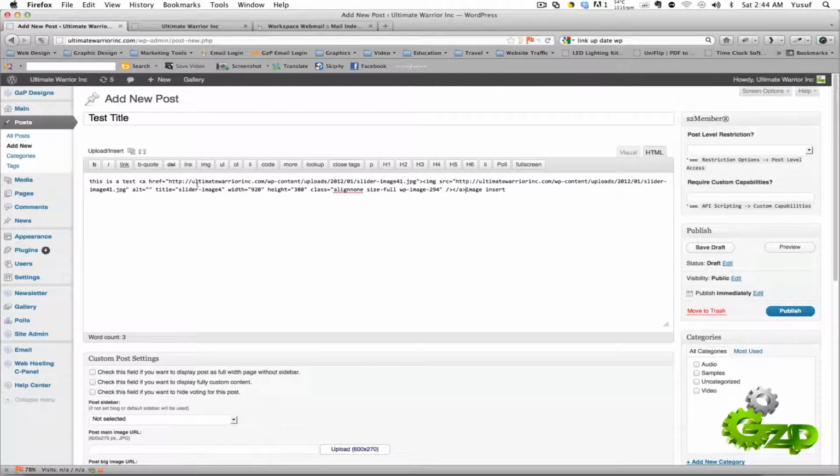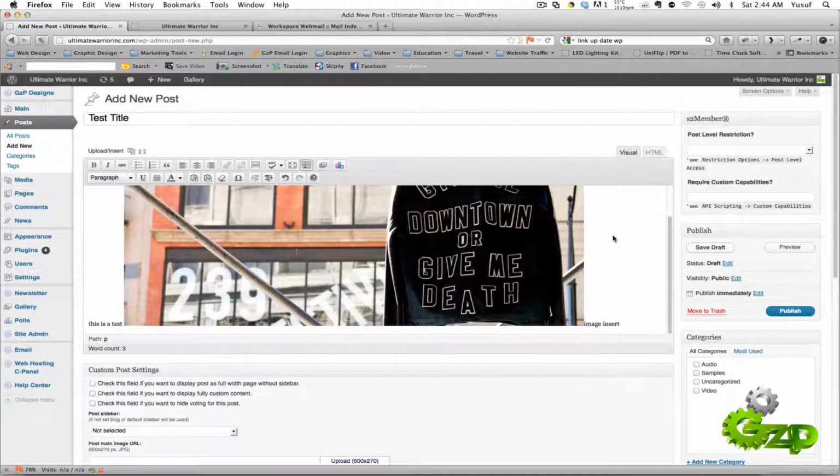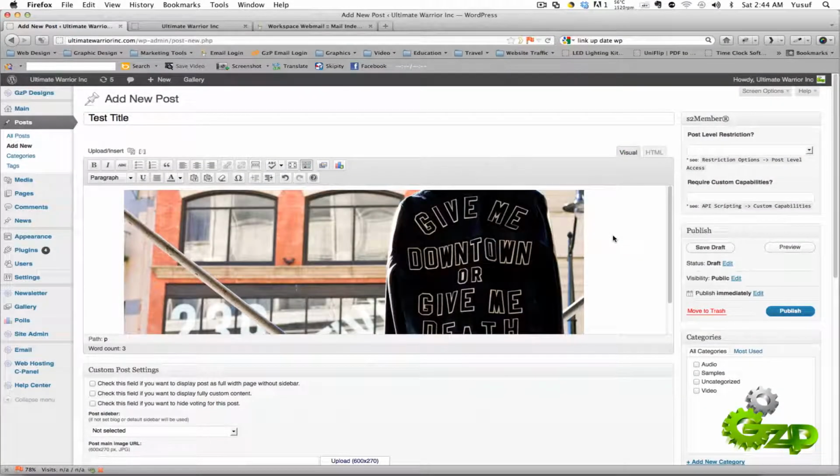As you can see, it's all a bunch of code because I'm still in the HTML area. Once I click on the visual area, you'll see the actual image. Again, the visual is a much more user-friendly area, so you're going to want to use the visual area as much as possible. Once you have the image in the post, you can then click on the image and click